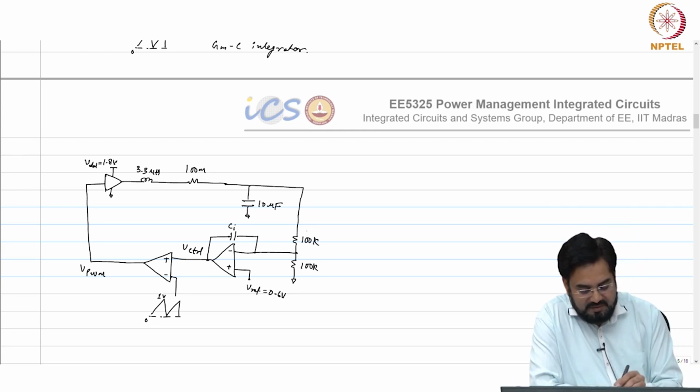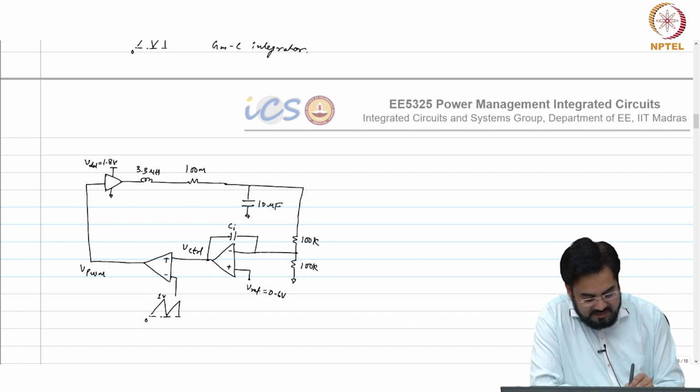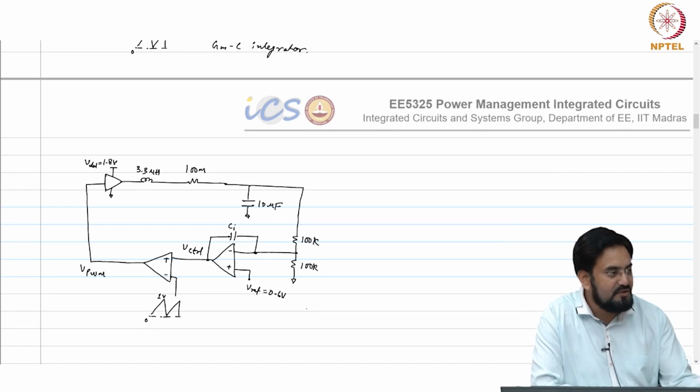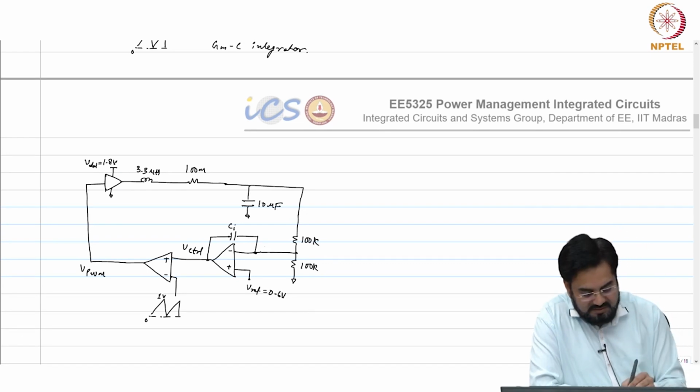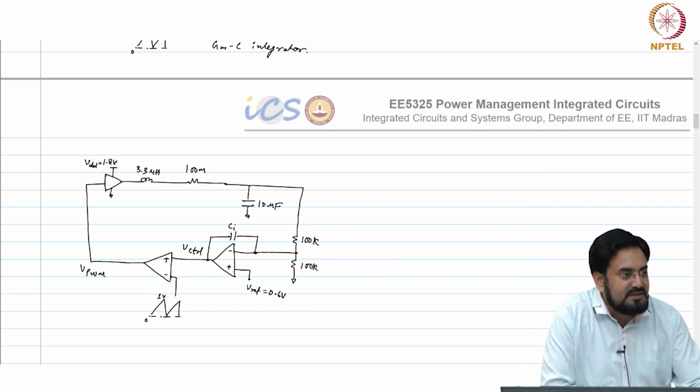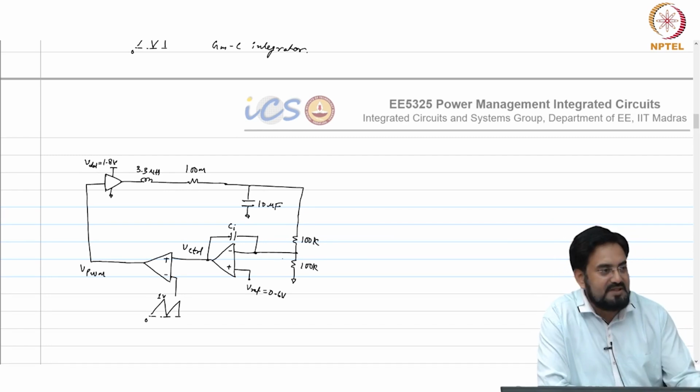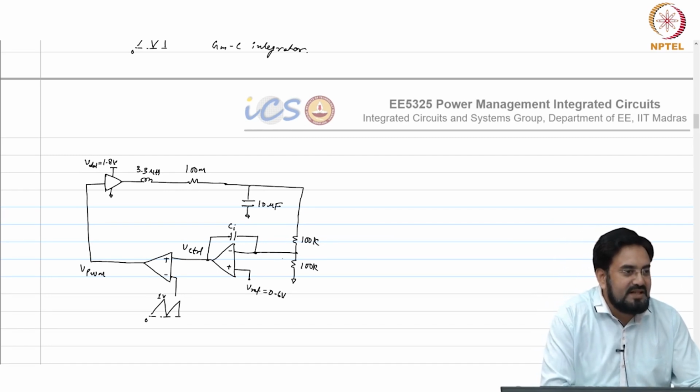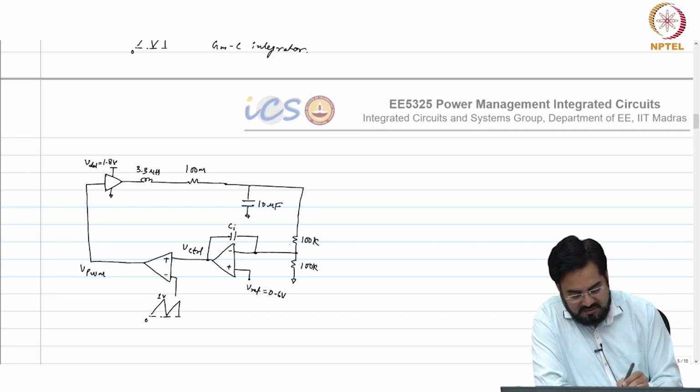So if you break the loop, what is this point? If you do a small signal analysis, what is this? So VREF is 0 for AC. With the virtual ground, what is this? 0. So no current is flowing in the bottom resistor. So beta is killed. There is no beta here. So beta is 1. No beta means not 0 actually. The feedback factor is 1 here because this resistor